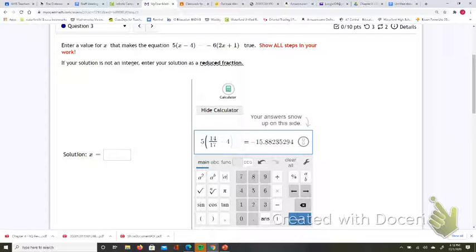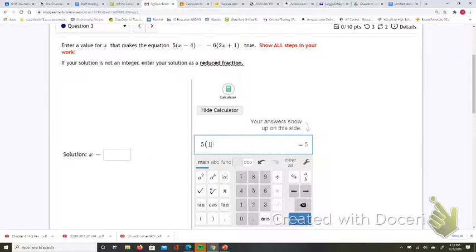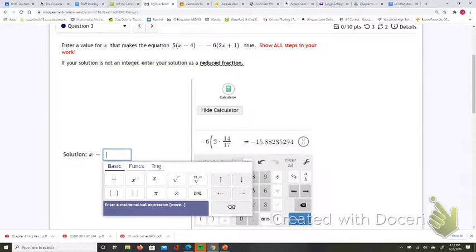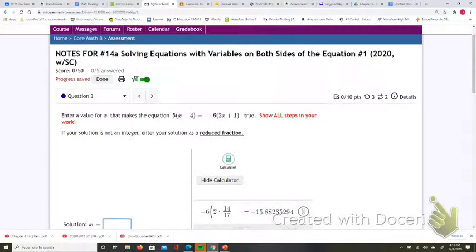So I have a little piece of paper and I wrote down negative 15.882. Now I'm going to backspace over that side. And our next side is negative 6. So negative 6, open parenthesis, 2 times. And then if you look, that's our x. So that's our 14 over 17. And then after the 14 over 17 is plus 1. So plus 1, and look, negative 15.882, so it checks. It works. So now we type our answer in here, 14 over 17, and we submit and go on to